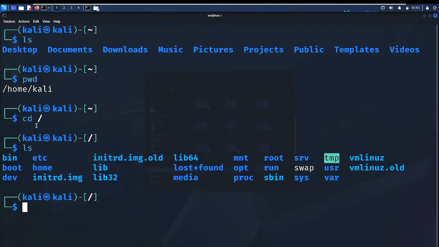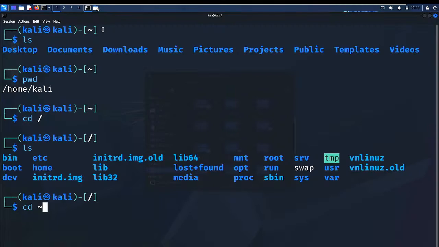So if I want to go back to my home slash Kali directory, I'll just type cd. And one other thing, you see this icon here, it's called a tilde. It represents that home slash Kali. Is it clear? If you notice, when I see this slash, it comes into this block, so you know which directory you are in. When I did pwd, it shows me this, so this represents this. If I want to go back to this directory, I either do just cd or I do cd tilde.